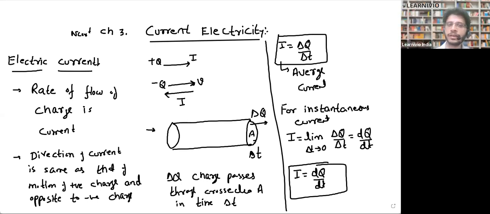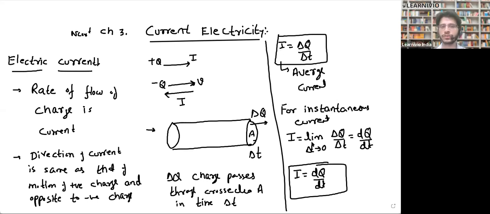In some time delta T, some delta Q charge passes through this cross sectional area. So you can write that current is rate of flow of charge, it's delta Q over delta T. That's current. But this is average current. If you are dividing two terms, then the quantity that you get is average. Average means I'm asking you to calculate current in some 2 hours. That's an average current. But if I ask you to calculate current at 2 p.m., if I give you a time instant, then that current would be instantaneous.